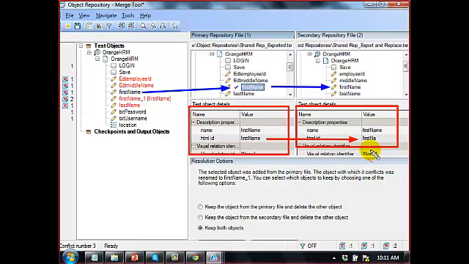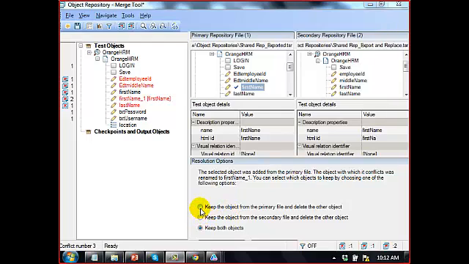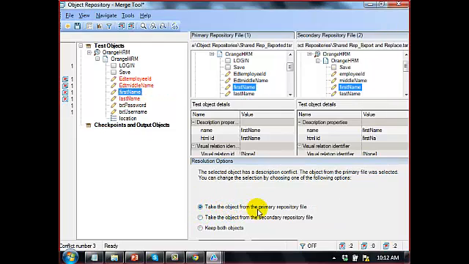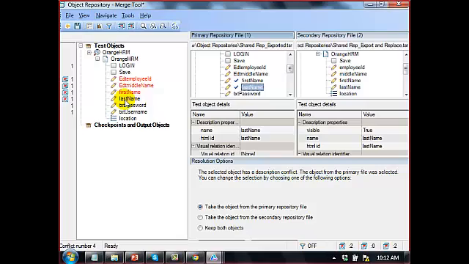Okay. So now what I am doing is, I am saying keep the object from, or take the object from, the primary repository file. When I select this option, okay, it has taken only one object and properties will be taken from the first one. Then let me go to another conflict. So whatever is highlighted in red, that's nothing but a conflict. Now last name. What this conflict exactly is, if you see the logical name, it's last name. Logical name is same here, right? But